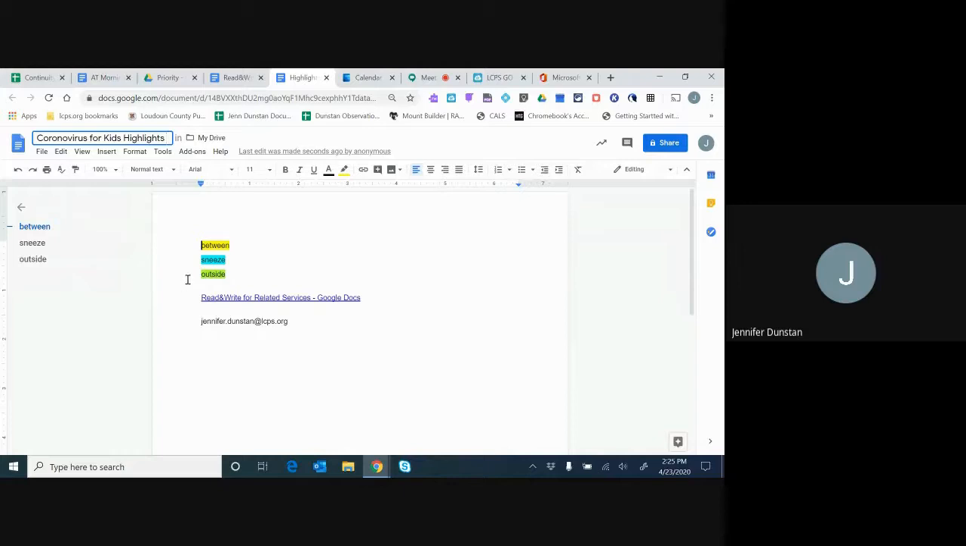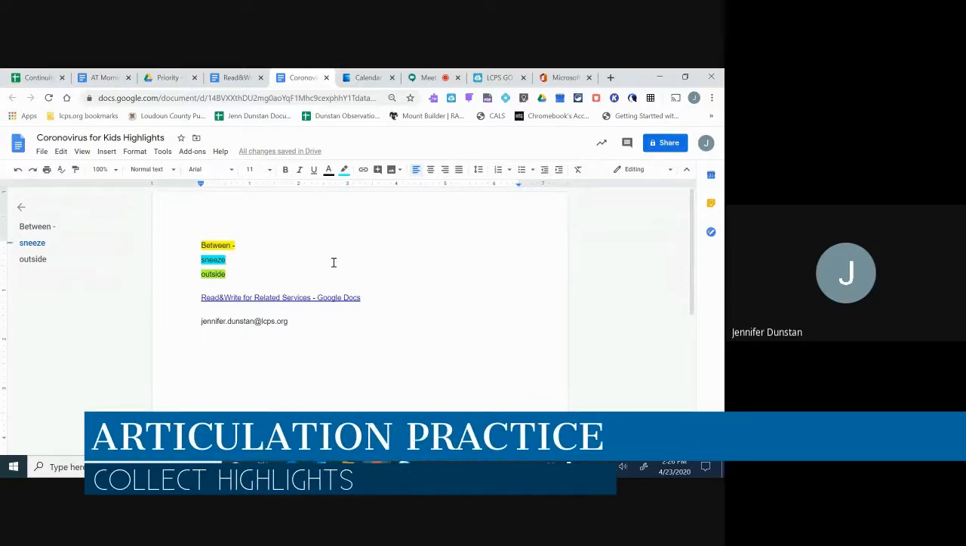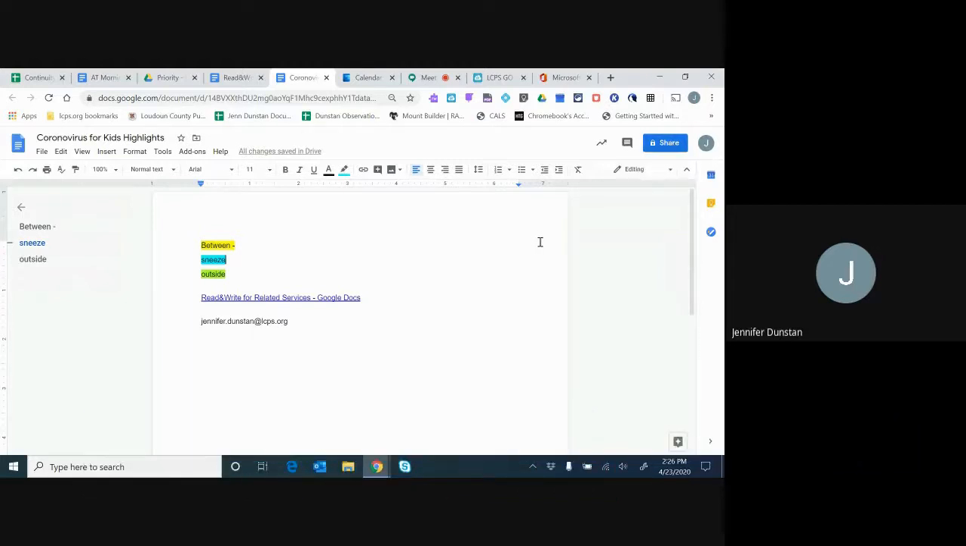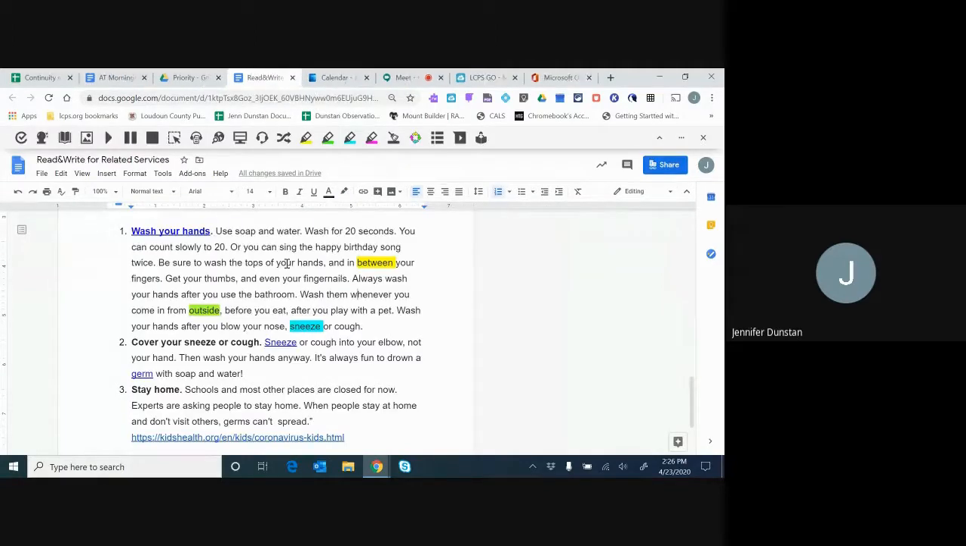So these can become words that they then need to define or put in a sentence. They can be words that they can practice for their articulation goals if they need to, or they can be words that they send to you by sharing it with you to say, these were the words I didn't understand in my story that we need to review next time we meet together. I'm going to close this document, and then I'm going to keep these words highlighted,